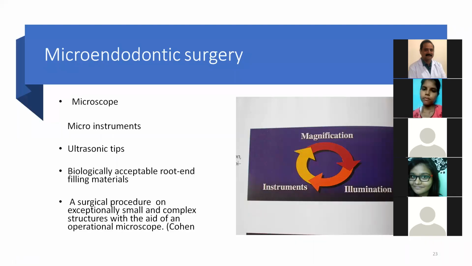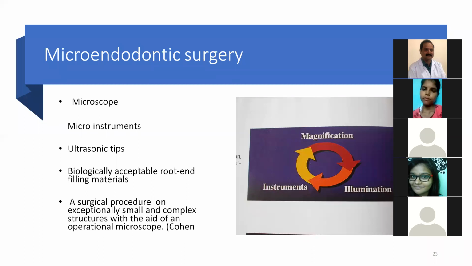Okay, so as I told you, now two things only with endodontic surgery. It is an adjunct to non-surgical root canal therapy, and second, it is microendodontic surgery because of microscopes. Previously it was not very precise and meticulous. Now we can access that area very nicely with the use of a microscope and with micro instruments. Not only the microscope, micro instruments are also needed. And for retro preparation, retro filling, we have the best ultrasonic tips, and we have better biologically accepted filling